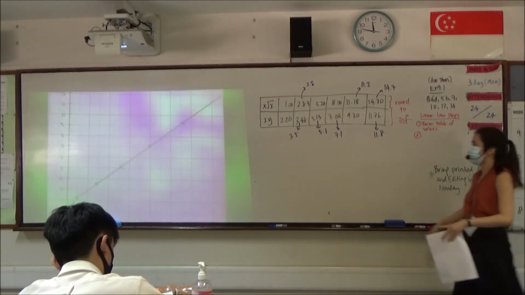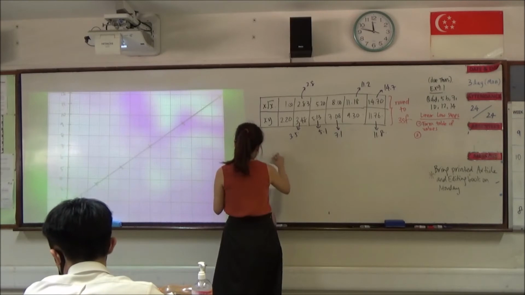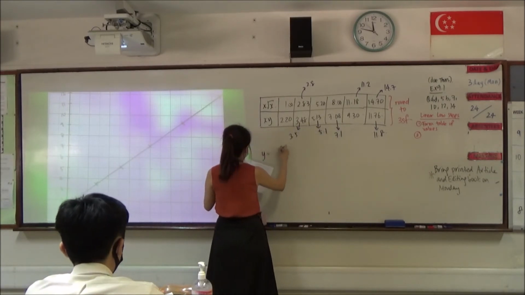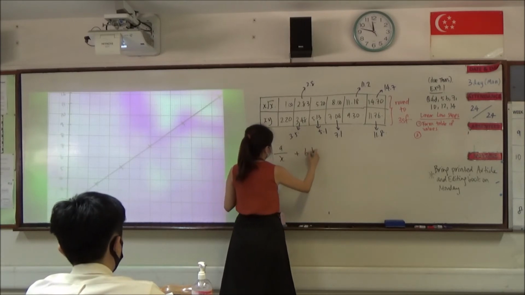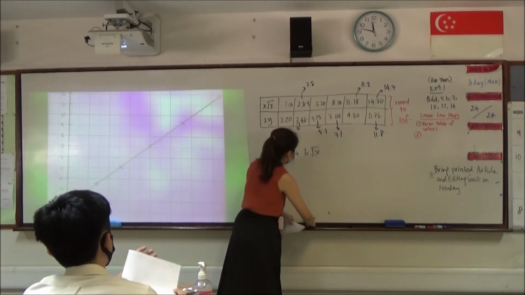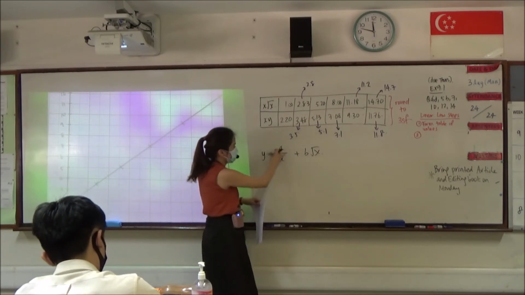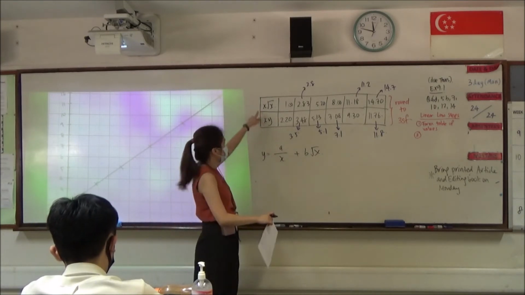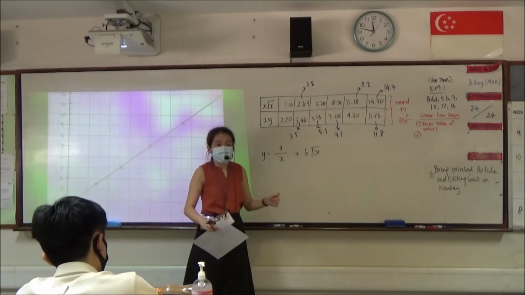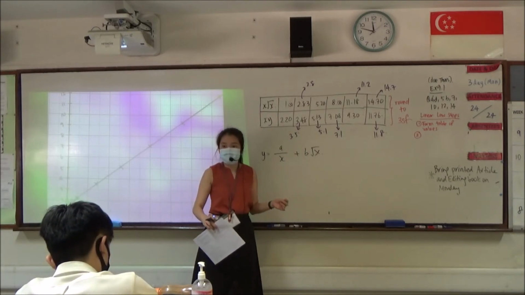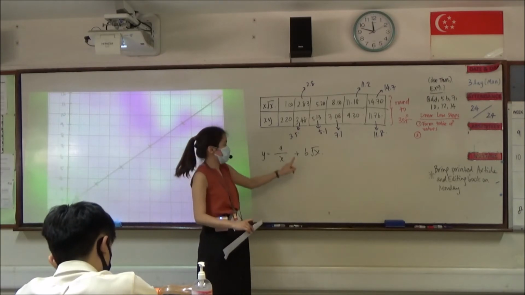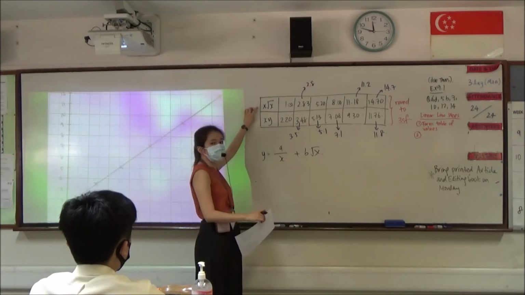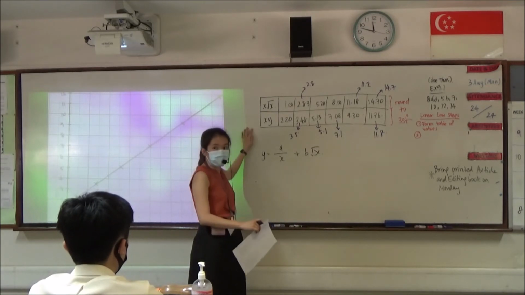A and B are found in the equation that is originally given, that is y equals A over x plus B square root x. You may be wondering how in the world am I supposed to find A and B from a graph like that? So we use the skill that we learned in our previous section, which is to manipulate this equation into having my big X and big Y in this manner.